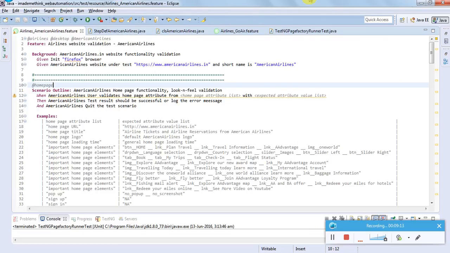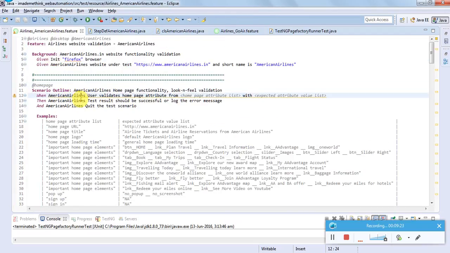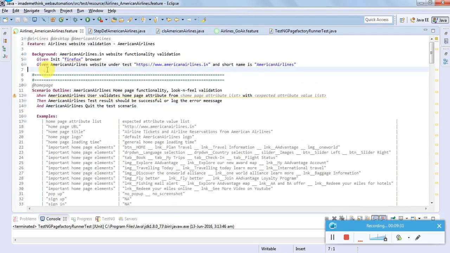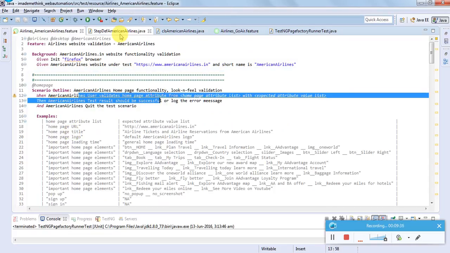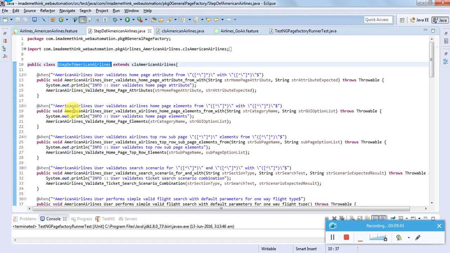So in the Cucumber layer, there's something called step definition, where the definition of each step is written. So whenever the code execution starts from the Cucumber, it searches for the definition of this step using the Cucumber plugin, which is found in the step definition class, the step definition Java file, step definition American Airlines,